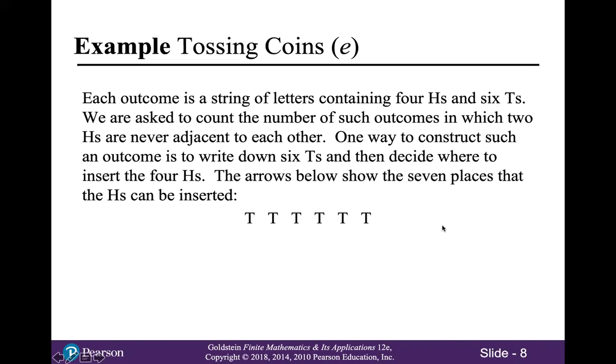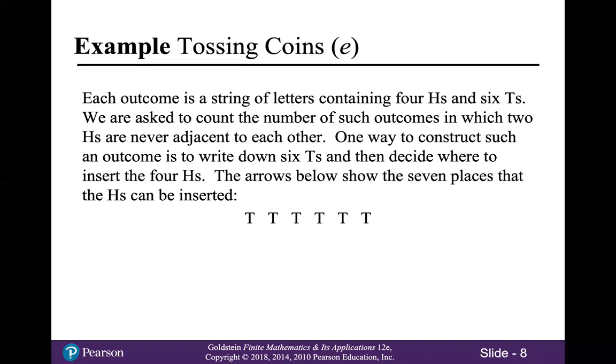Okay, so this is counting the number of outcomes that have exactly 4 heads with no 2 heads consecutive. And I will admit to you that this is a pretty difficult problem. I'd say on a scale from 1 to 10, this is about a 9 as far as counting problems goes. The thing about counting problems is that they are often pretty difficult, but as you do more and more problems, you start to kind of develop a bag of tricks that you can then use your experience with previous problems